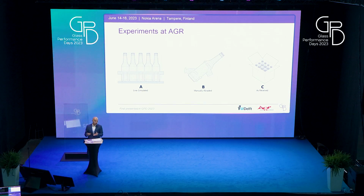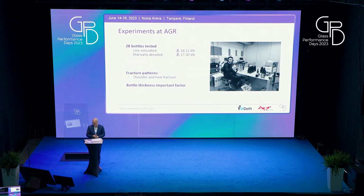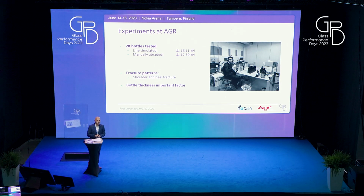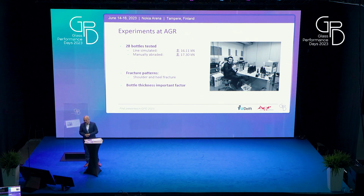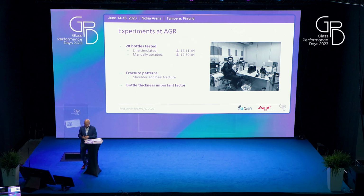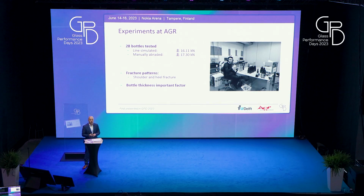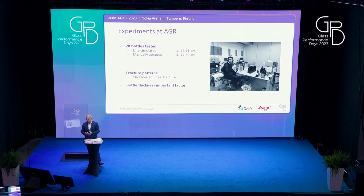We tested these after damaging them. So we tested the A1 and the B1, and we found the following results: the bottles which are line simulated have a maximum capacity of 16 kilonewtons, which is equal to a 4-door car, which is quite a lot. The manually abraded one, even higher, 17 kilonewtons. Now, the one that's not damaged was around 21 kilonewtons. But what we saw is that indeed the biggest fracture happened in the shoulder and the heels of these bottles, which again validated what we have